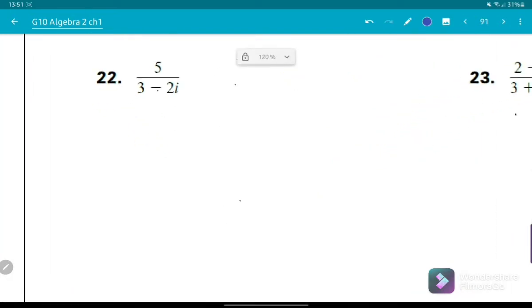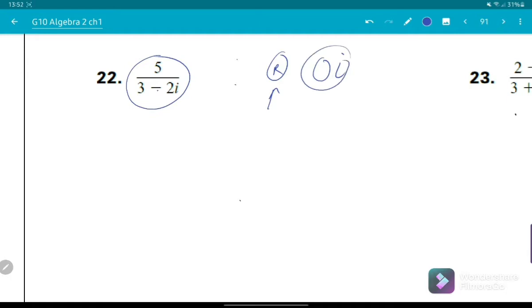Now let's talk about division. If you have a denominator and you want to put this in standard form. Standard form means a number and another number with the i. This is the real and this is the imaginary. To get rid of the fraction, because we have i in the denominator and this is not the standard form,